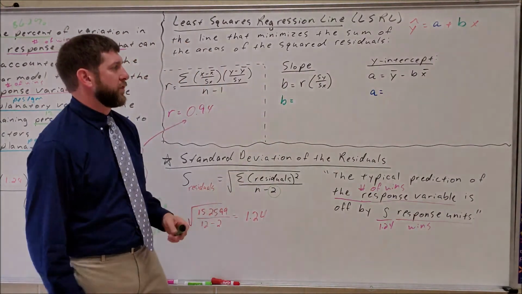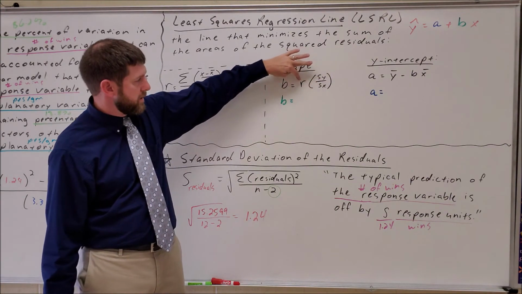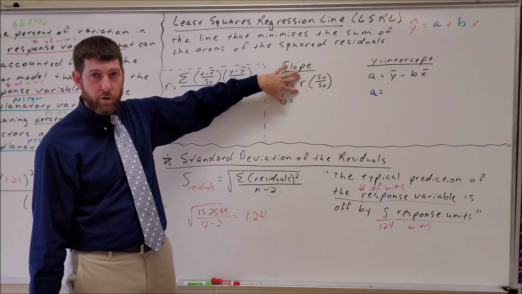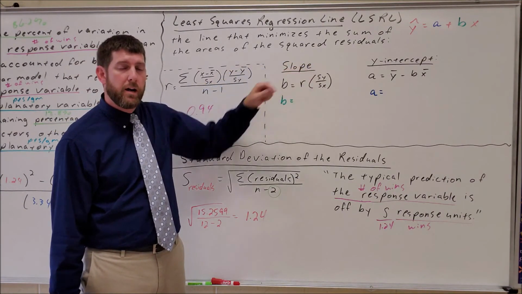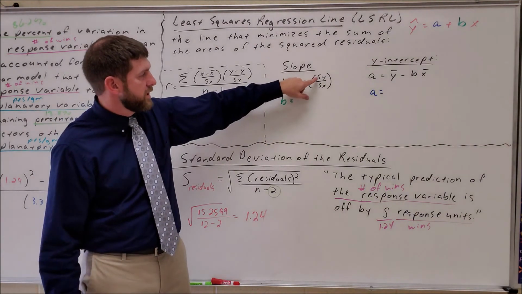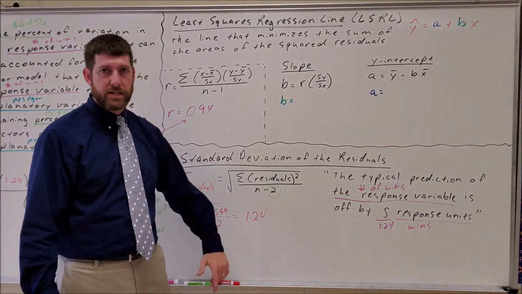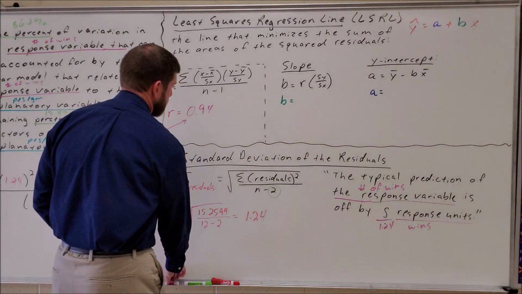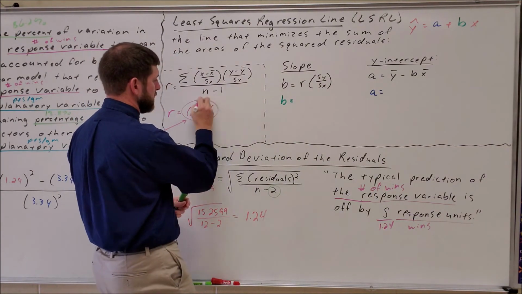So first things first, your slope is the sy over sx times r. Well, that's your correlation coefficient times your standard deviation of y over your standard deviation of x. Remember, slope is rise over run, but it's the rise variability divided by your run variability. So that's why it's sy over sx. So we're going to take standard deviation, correlation coefficient,